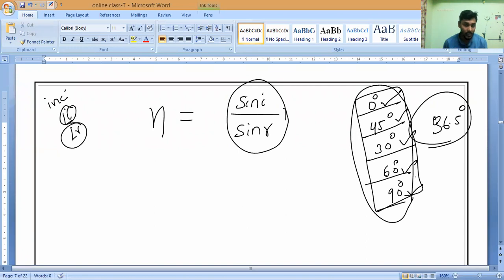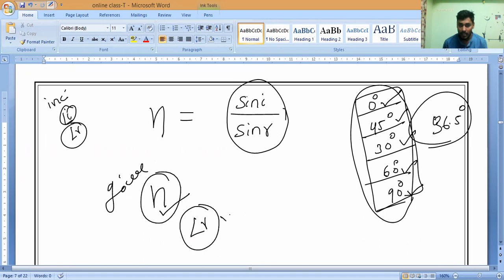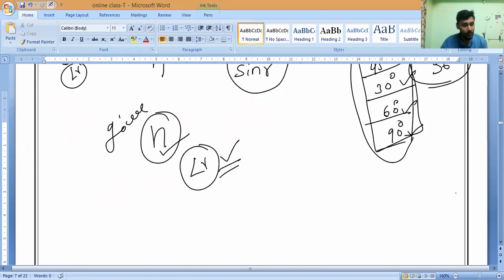Now the question is, remember, basically what they will ask you: they will give you the refractive index. They will ask you to find the refracted angle. Sin 0 is 0, sin 30 is half. What is the refracted angle they will give you? Is it okay, guys? It is the basic question. They will give you the refractive index and ask you to find the angle, or they will ask you the angle of refraction. So in this case, I will solve both the questions.